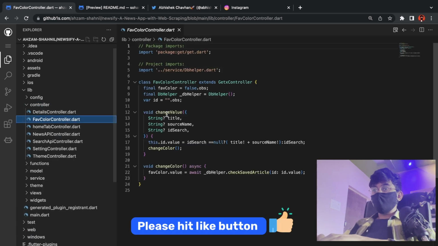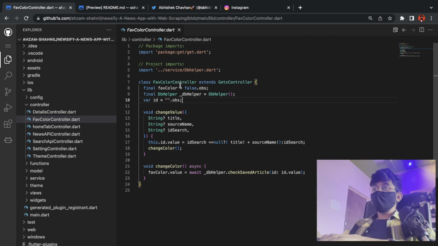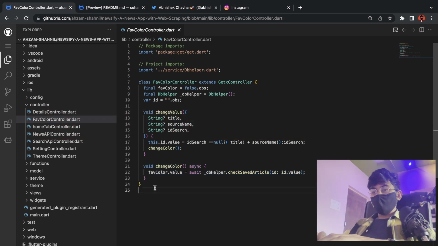Yeah, so let's go under this controller, and here what we can see is a save color controller, external GetX controller. Cool. And yeah, also unless the following change color function is also being used in other class or other file, only at that point you should be creating the following change controller. If not, the following line can be included here as well.